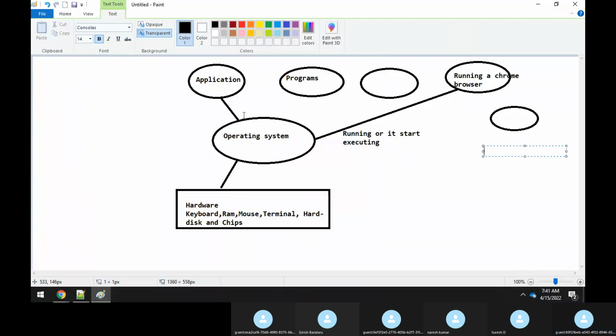But in 95% of places you need an operating system. You have hardware, you have an operating system, and you have different applications, where the application has to interact with the operating system itself to run. Without the operating system, the application cannot run.